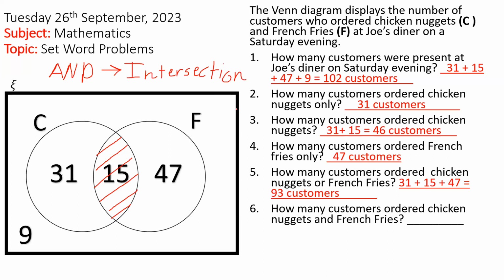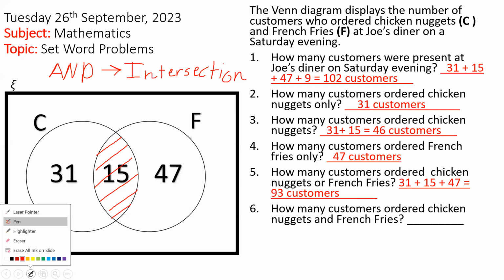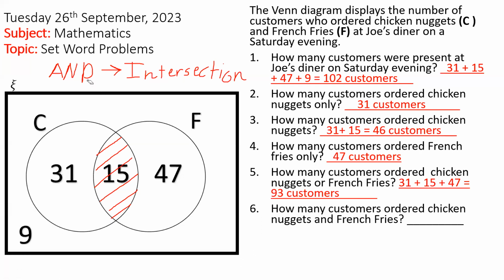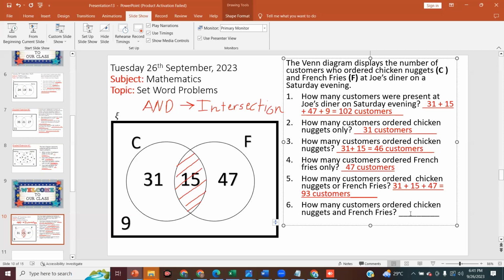So "and" means what? Intersection. And "or" means what? Union. So please pay close attention to that. Every time you do set theory and they say "and" or "both," you know immediately they're talking about the middle. So the answer for this one is going to be 15